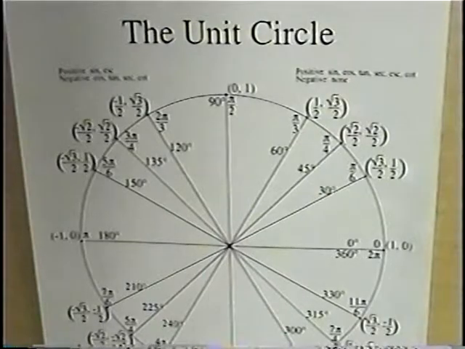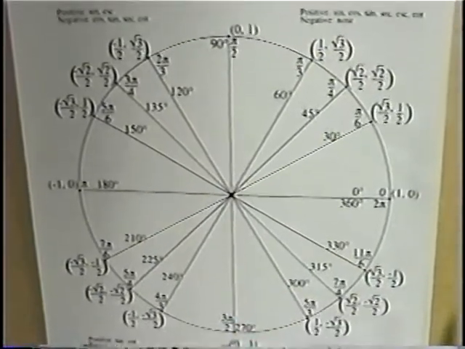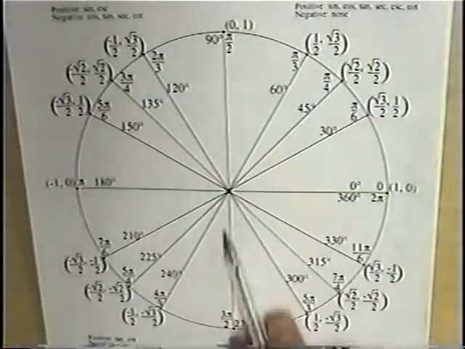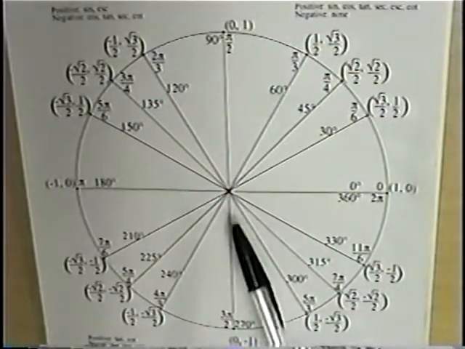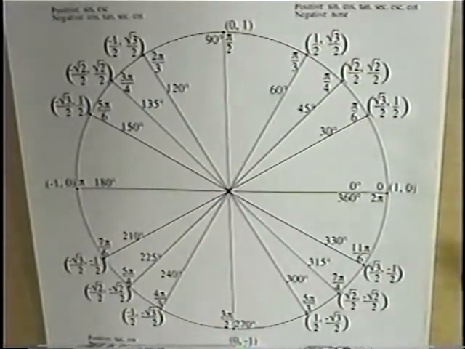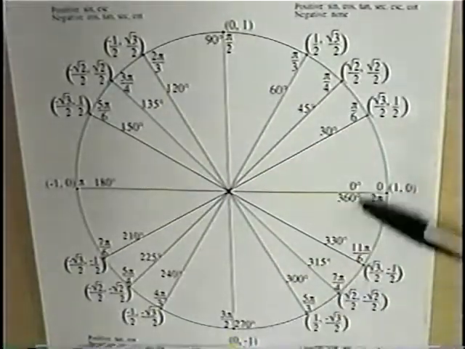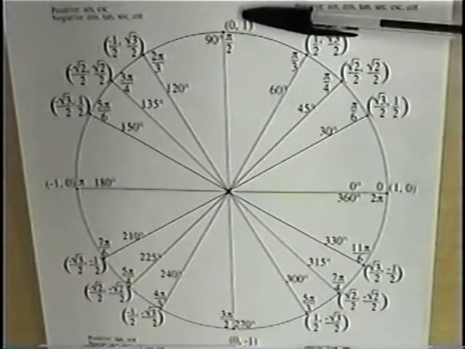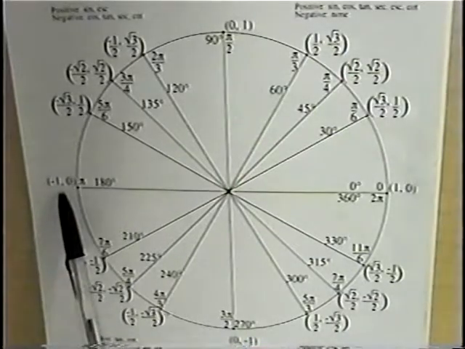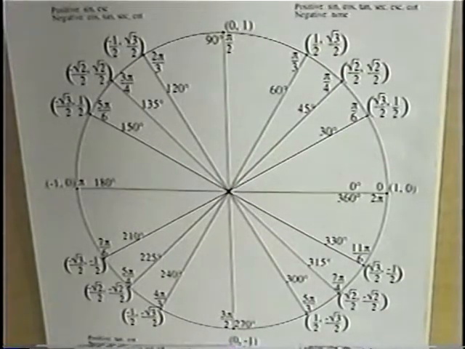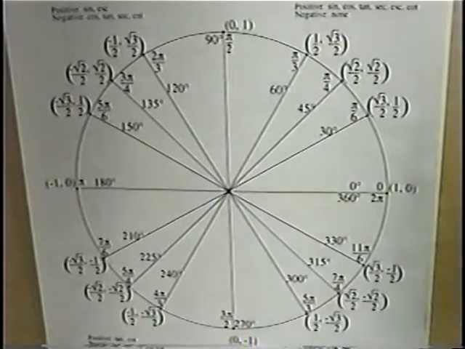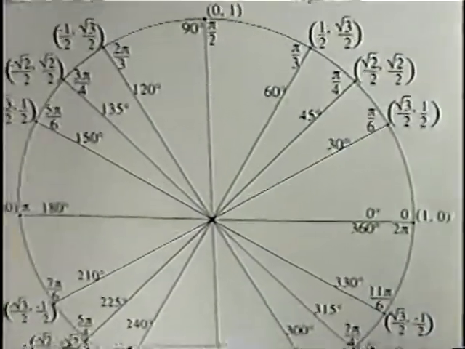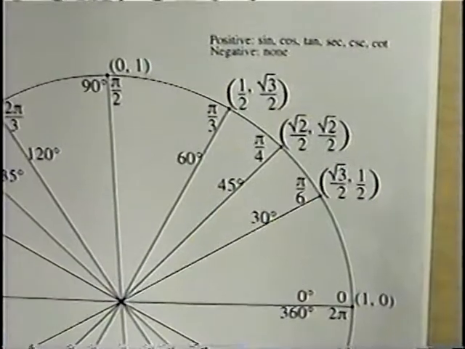Looking at the unit circle on the XY axis. The unit circle is centered at the origin, (0, 0), and has a radius of 1. So the four endpoints are (1, 0), (0, 1), (-1, 0), and (0, -1). If you look at the first quadrant, which is in the top right-hand corner,